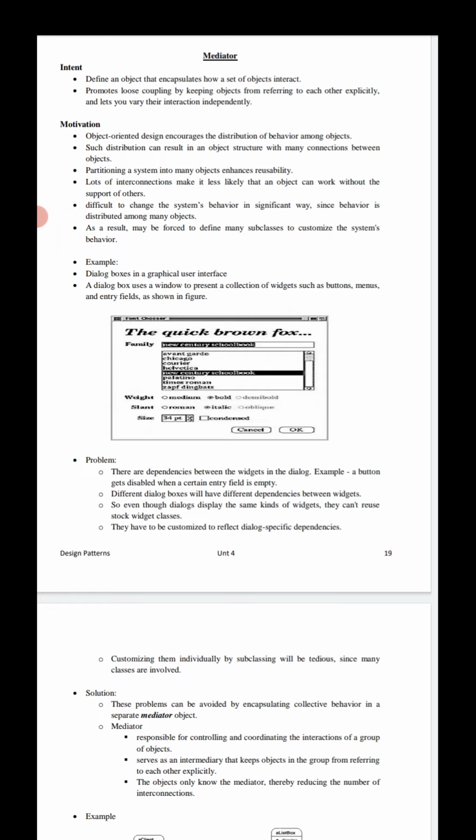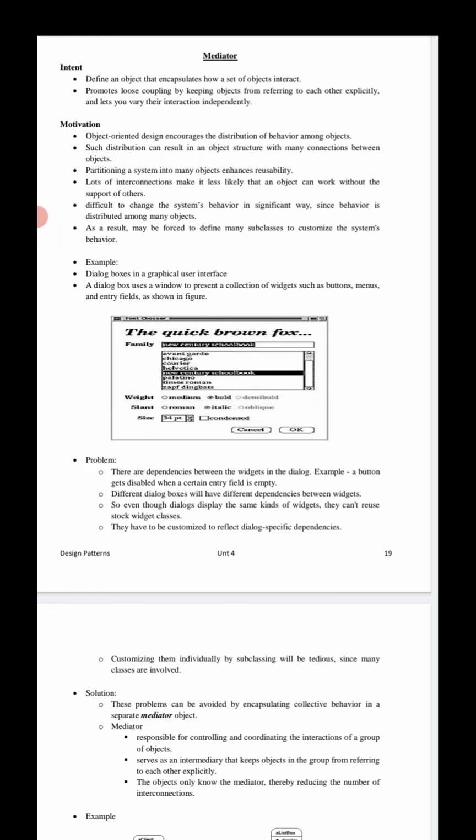Even though the dialogs display the same kinds of widgets, they can't simply reuse the stock widget classes. They have to be customized to reflect the dialog specific dependencies.